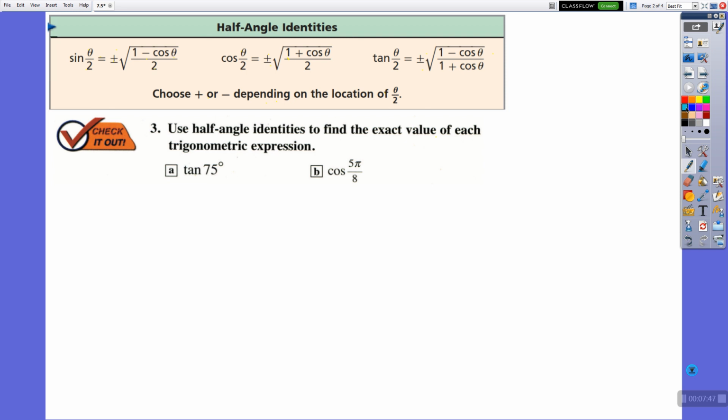So I'm going to use that identity here. Here we have a half angle. 75 is a half angle. Tangent 75. It's a half angle. So what's the sign of 75? 75 is in the first quadrant, so it's positive. Square root of